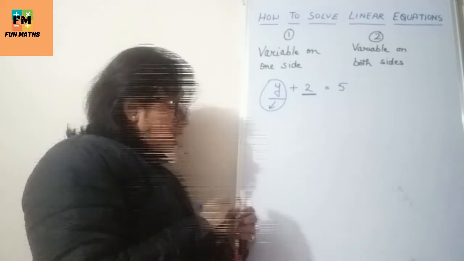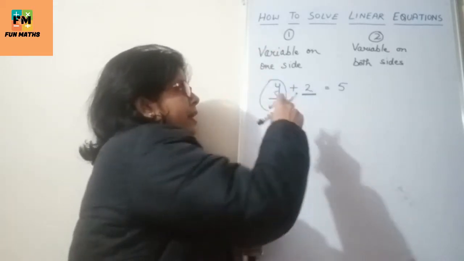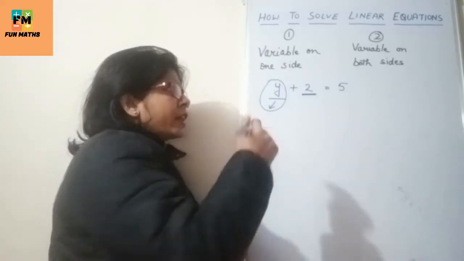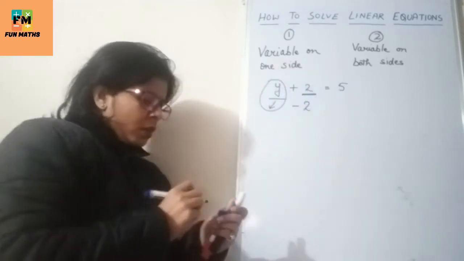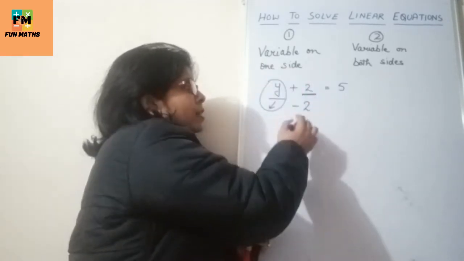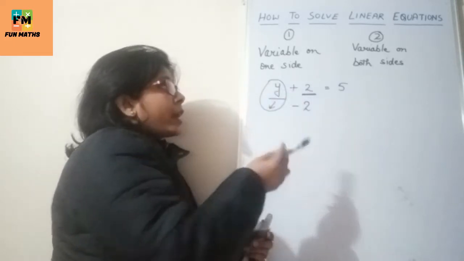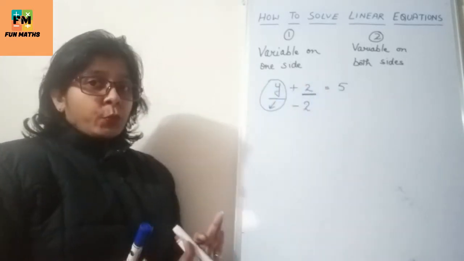How can we do? See, here this 2 is added with this y, right? Now think, if I subtract number 2, then this 2 minus 2 would be 0, right? Then what will be remaining over here? Only y, and we can easily get rid of this number 2, right?